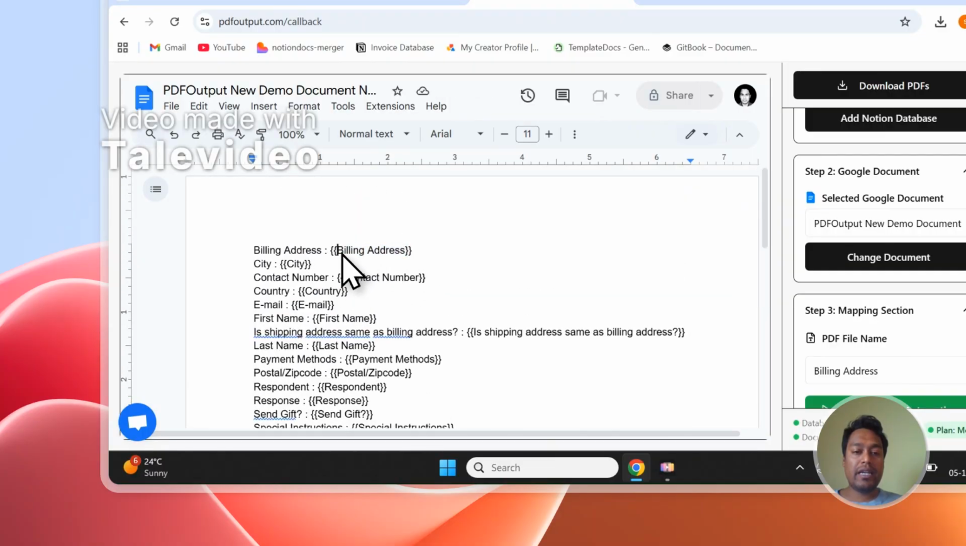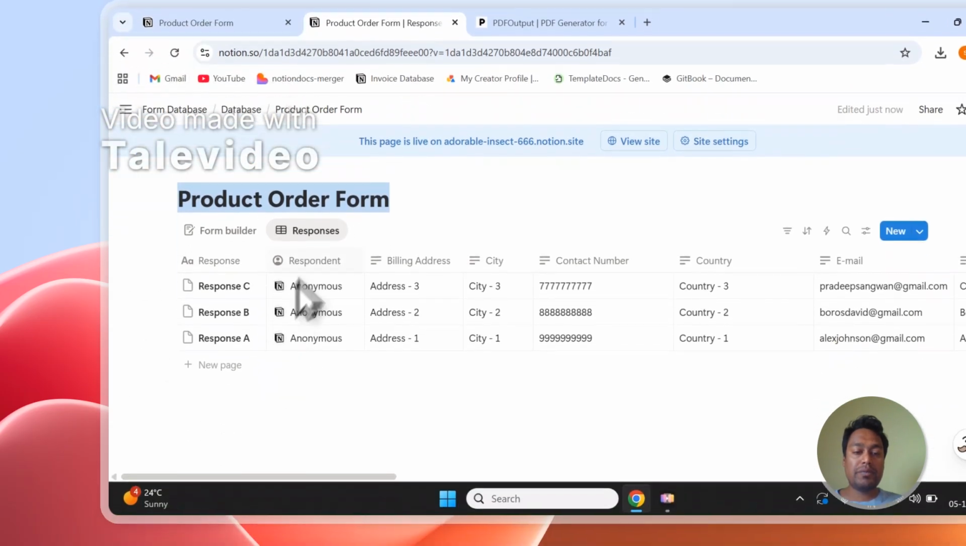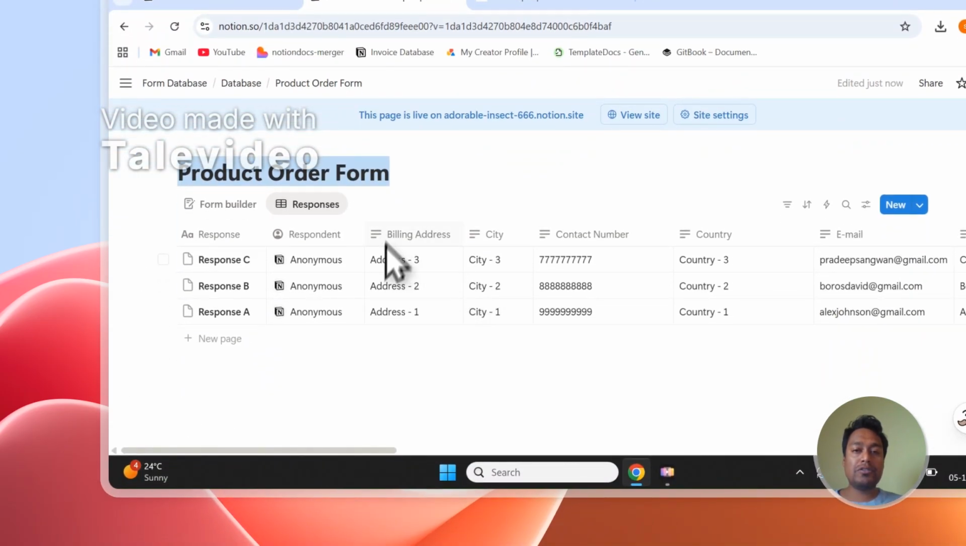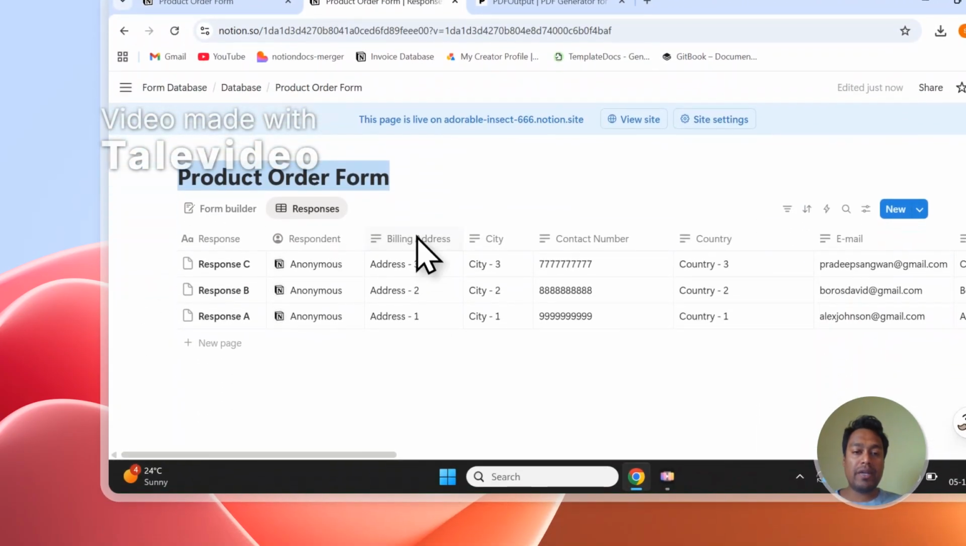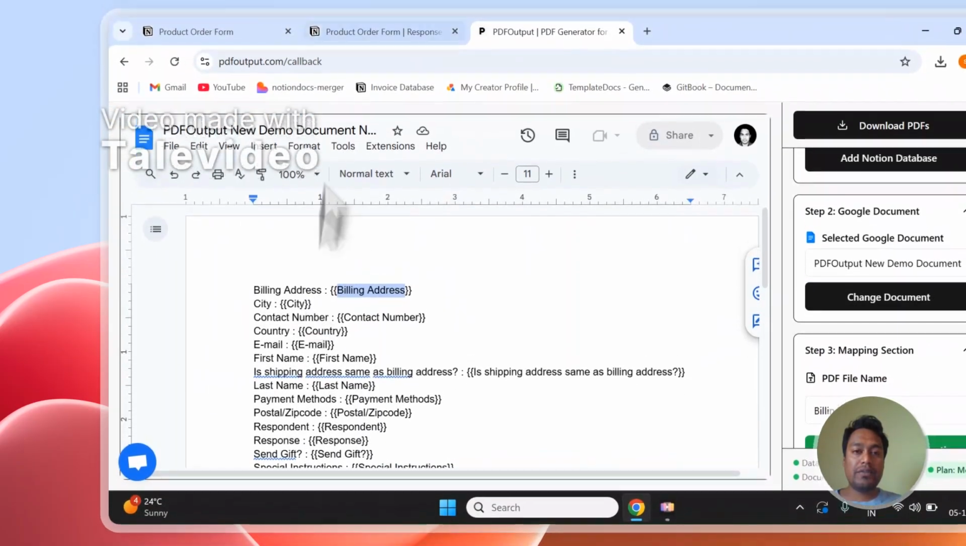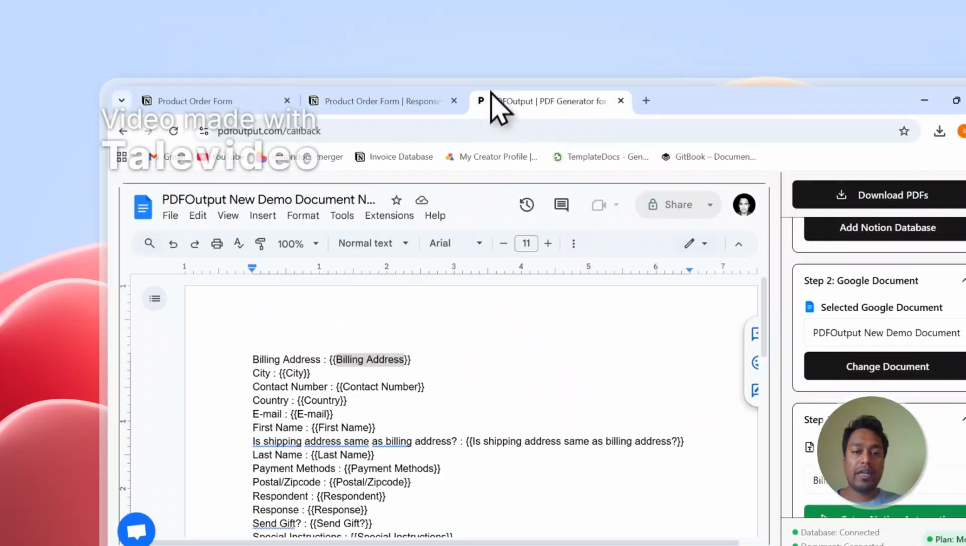Okay, so you can see the billing address is placed inside double curly brackets. City is placed into double curly brackets. So all these values which you see inside double curly brackets, this will be fetched from the corresponding values in the database and the values will be replaced over here through mapping. So as an example, this billing address will be fetched from the billing address column that we have over here. Similarly, city will be fetched from the city column that we have over here, and so on and so forth